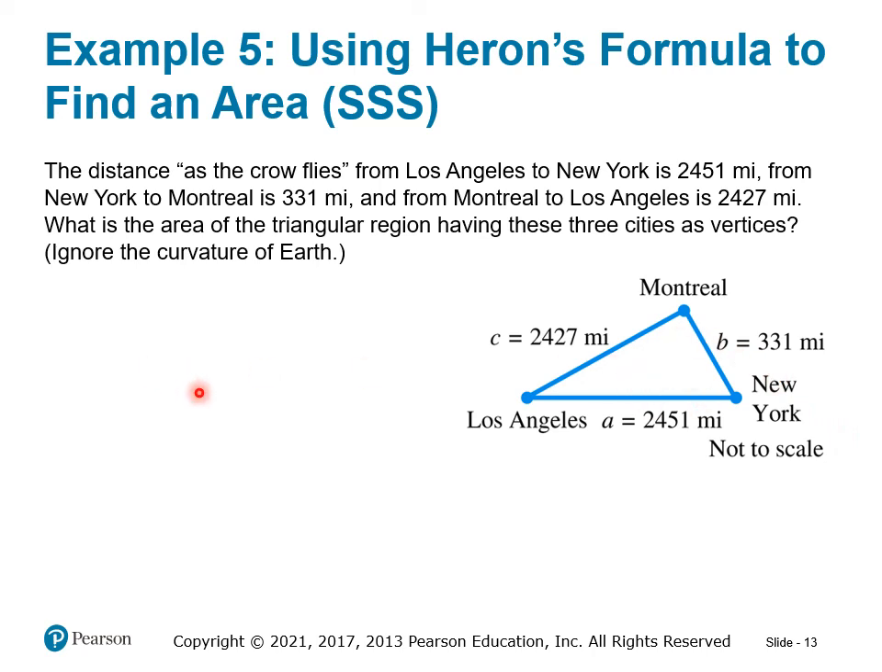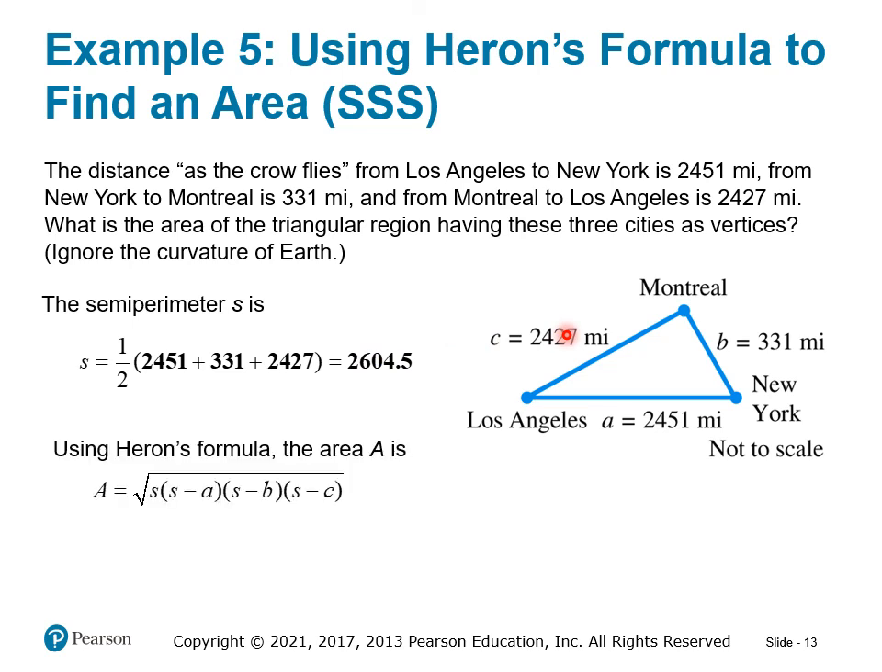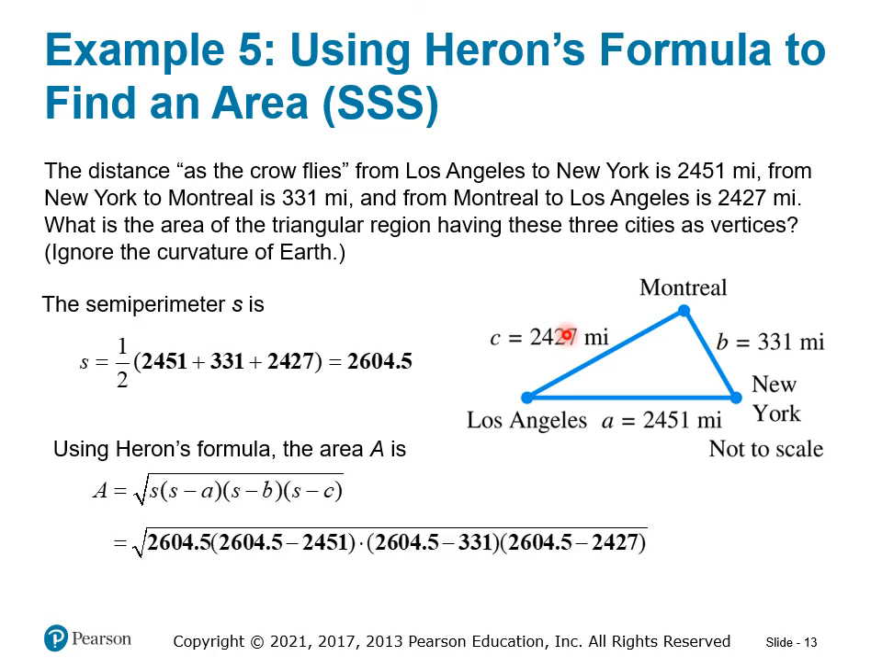All right. So again, the first thing we have to do is to find the perimeter, A plus B plus C, and then times it by 1/2 to get the semi-perimeter. Okay. A plus B plus C times 1/2 gives us 2,604. We simply plug that into Heron's formula. Remember, the square root of s times s minus a times s minus b times s minus c, and we get